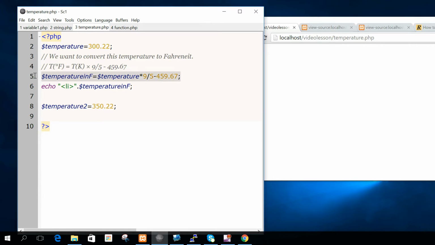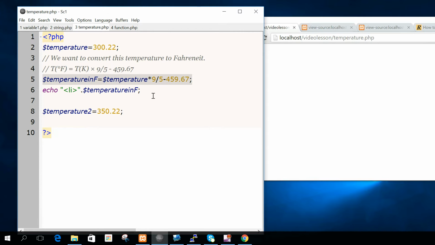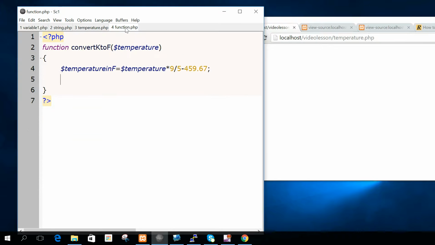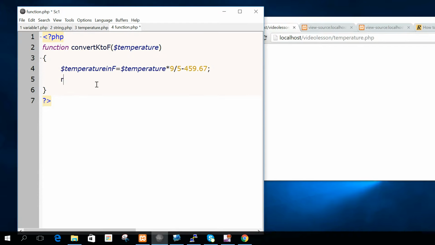I am lazy, and a good developer is lazy. Then I want to do that one time, so I will use a function. I do the function, and I return